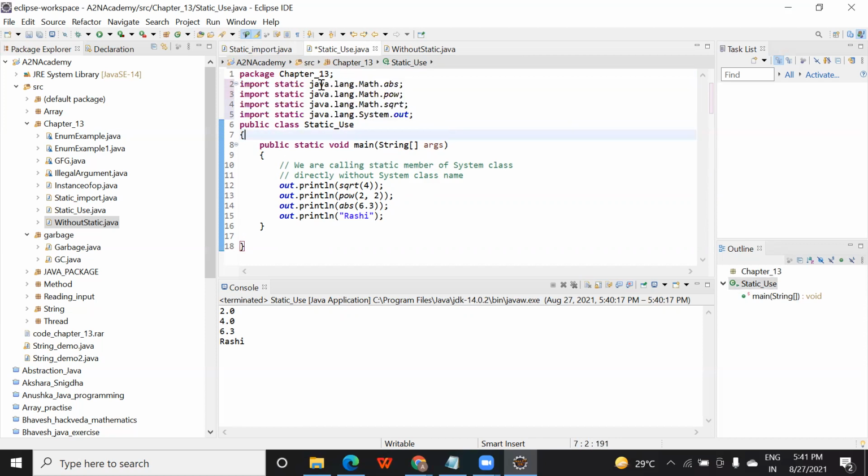It will be in more detail. It means inside this java.lang.Math, this function you are using here. So it is telling you that if you don't remember the function, you can just put the star also. But because we are working on an IDE, sometimes it is unable to find it. But if you run it in Notepad, if you add this asterisk sign, even then it works. Okay, but if you want to specify more clearly, you can do it like this. So as I said, import java.lang.System.out, as you have already defined it here. So now you don't need to add System here, because you have already added it here.